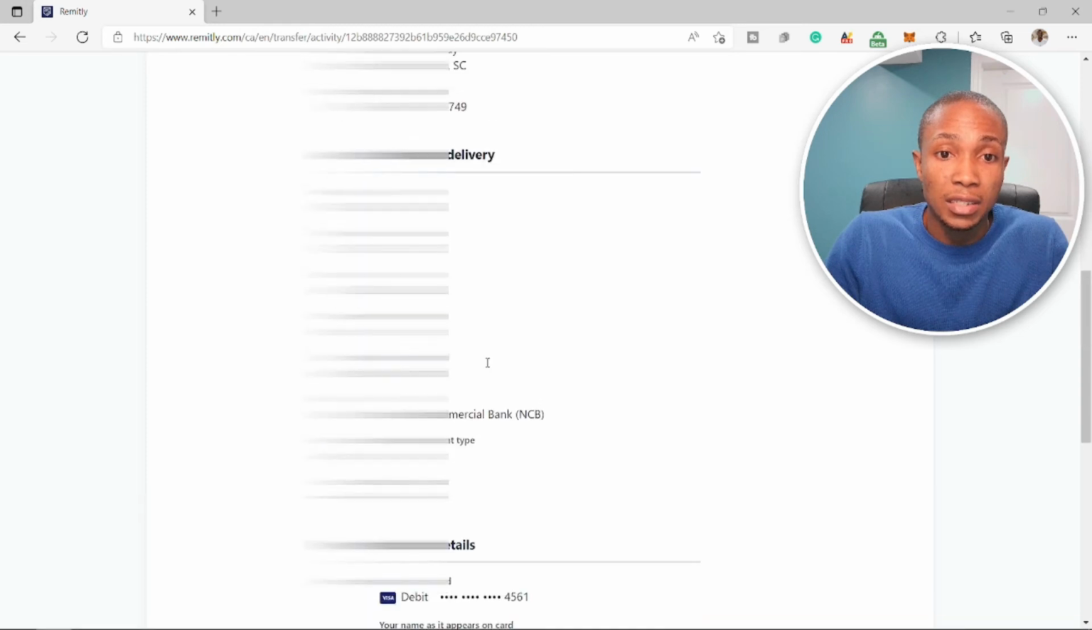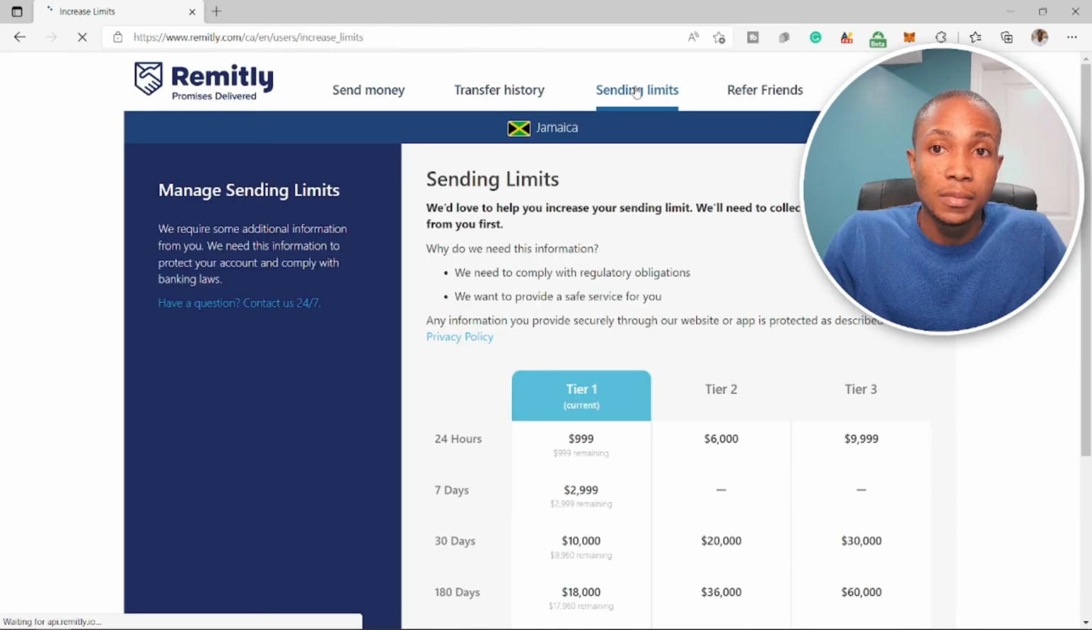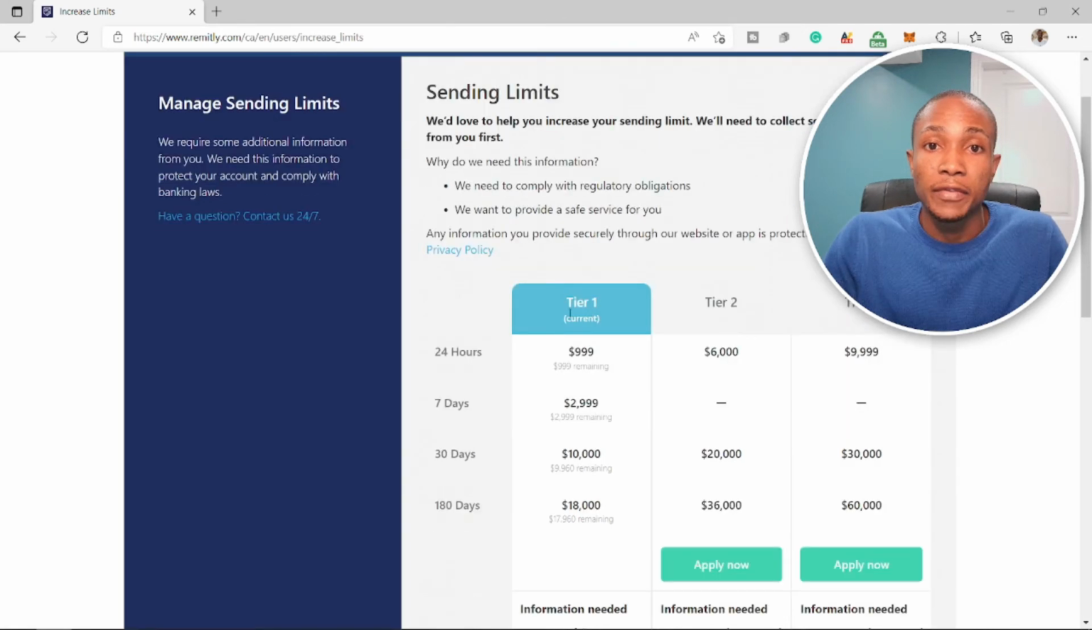Once it's completed, you can go to transfers and you will see an overview of the transaction which was completed. Another thing you want to consider is the sending limits. For the sending limits, they have 3 different tiers: tier 1, tier 2 and tier 3. On tier 1, the money will be available within 24 hours. That's less than